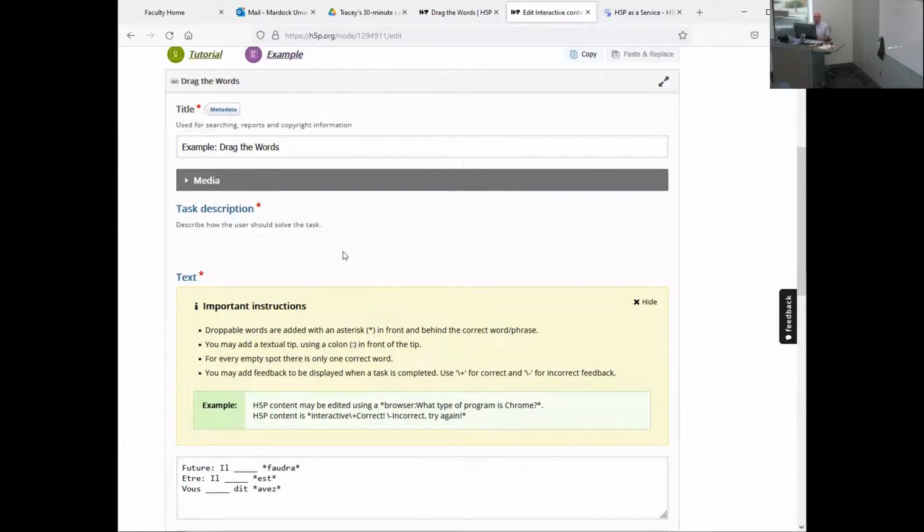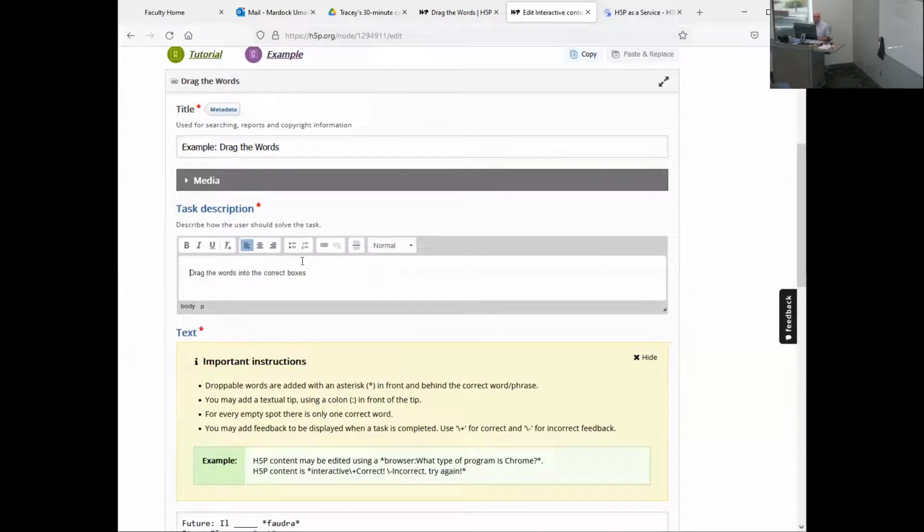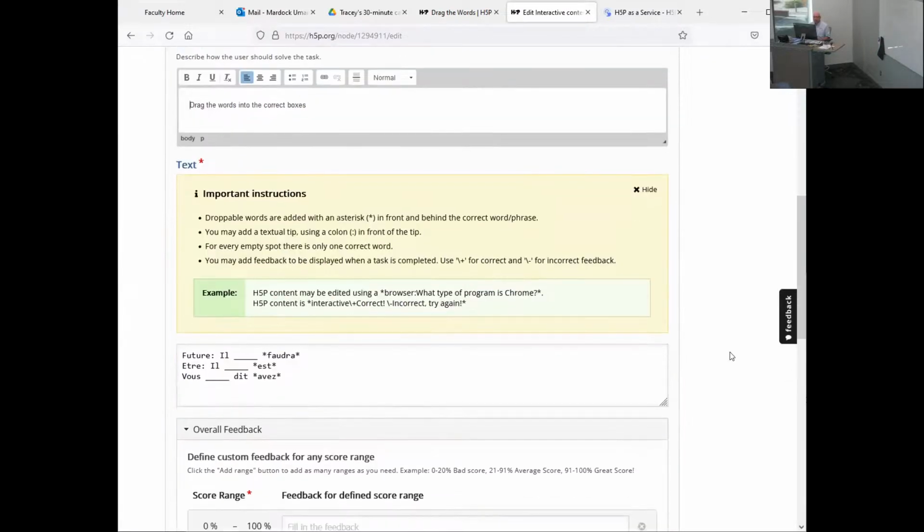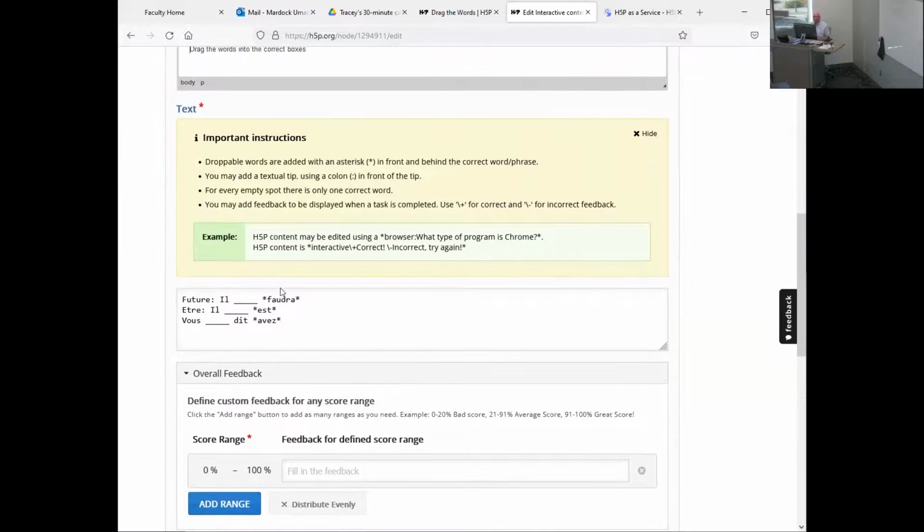Wasn't very creative. I give some description here. It allows you to add text and you can format that text a little bit. And then these were the items that I wanted to ask questions about. And here it gives you the instructions on how to format that. So the correct answer would be this, and all you do is just put an asterisk in front of it,